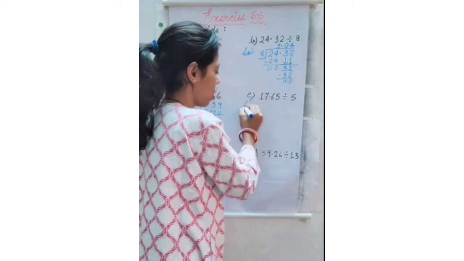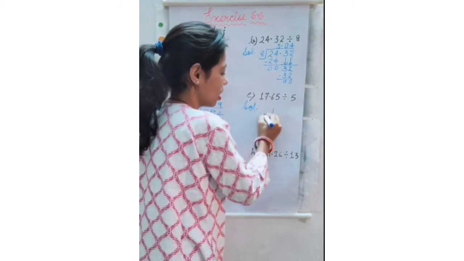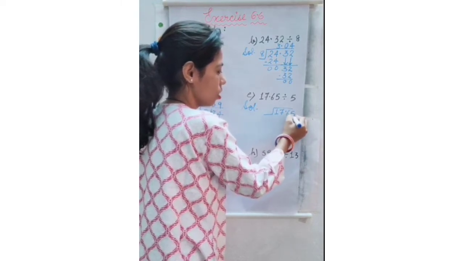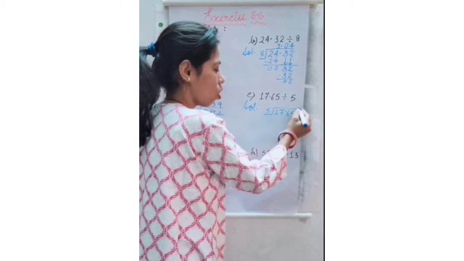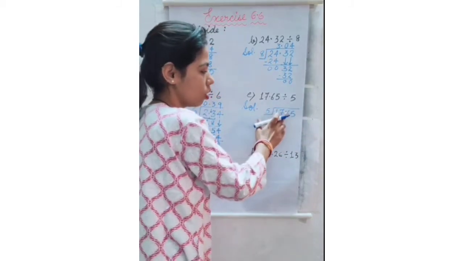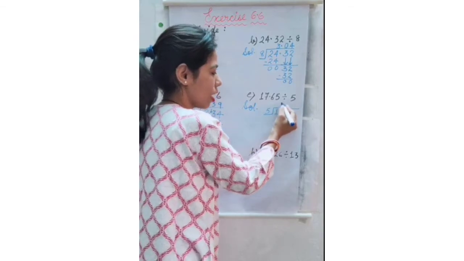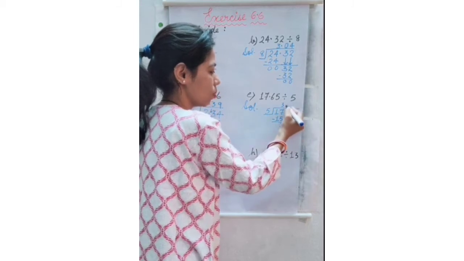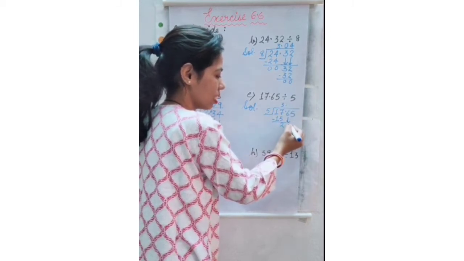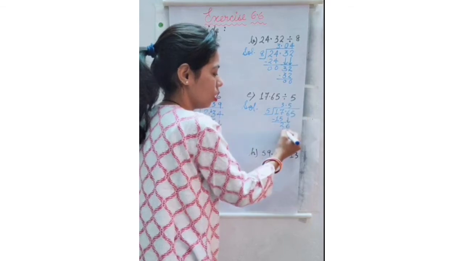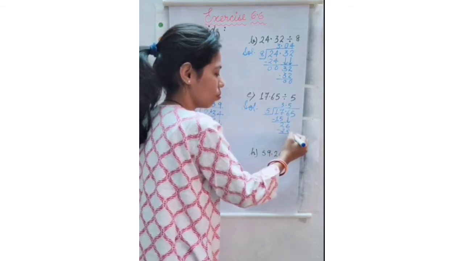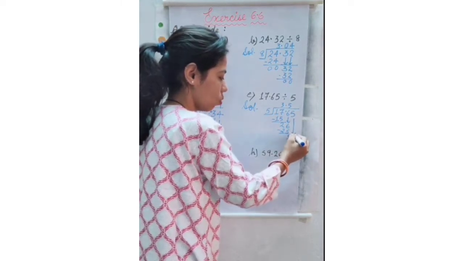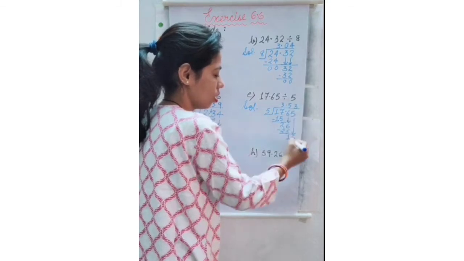Now we have to divide part E. 17.65 divided by 5. It is same as normal division, just we have to take care of the decimal where we have to place. So 5 3s are 15 minus 2. This decimal will go up and we will bring this 6 down. 5 5s are 25. When we will subtract this 25 from 26, we will get 1 and we will bring this 5 down. 5 3s are 15.